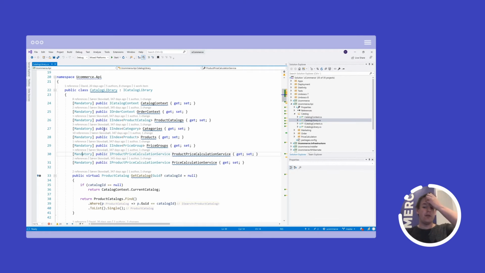The reason that we use public properties is for upgrade purposes. So if you upgrade from, say, one minor version to another minor version, if you have inherited one of our default components, then it will be binary compatible as we don't change the constructor arguments.